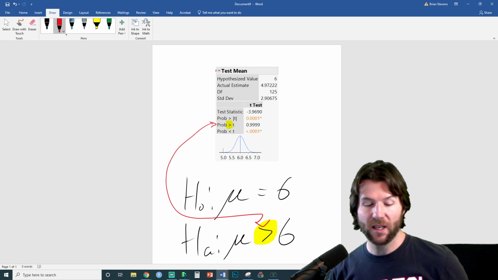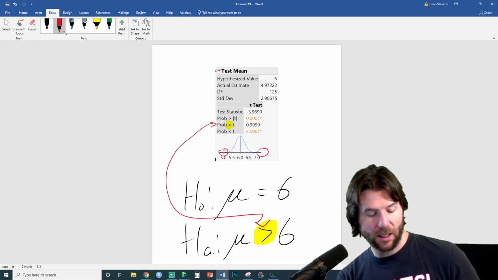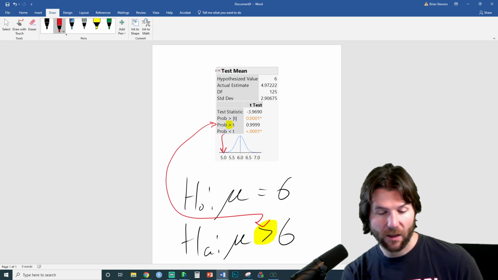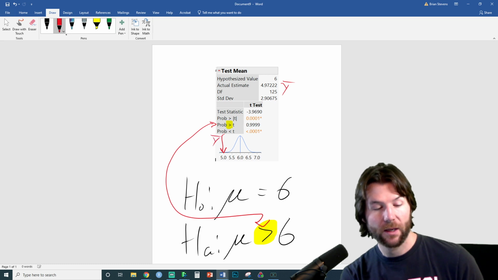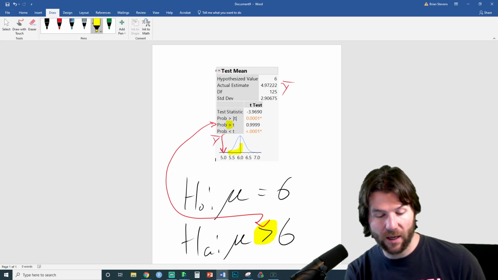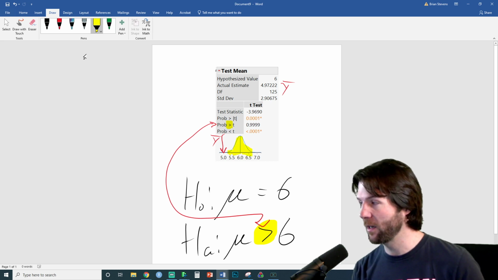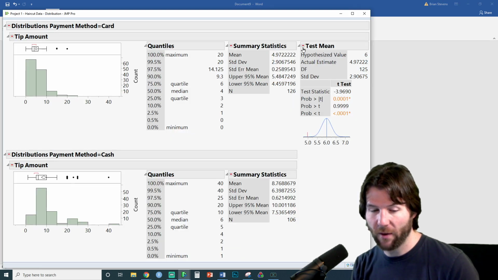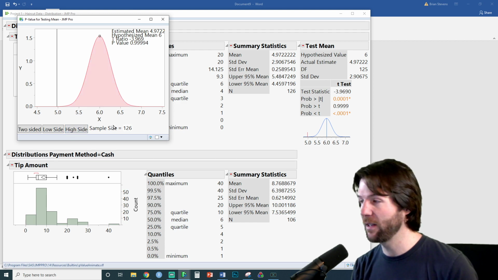Now, I've had people say to me, and I understand that the p-values here don't look very large, but here is where we landed. We landed right here with our sample mean. That is our y bar. Our y bar is right here. So the p-value is this right here. It's hard to see, but that's the p-value. The p-value is the greater than shading. You can do this in JMP, which is not bad if you want to include a graphic like this. You can go to p-value animation, and you can go to the high side, and there's the p-value.